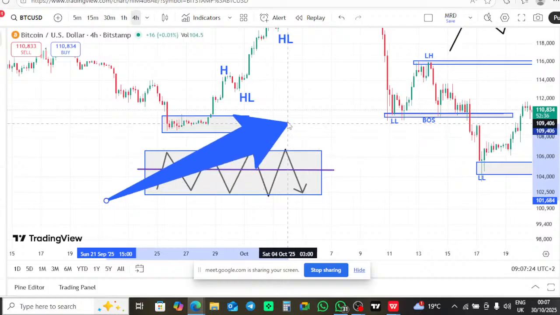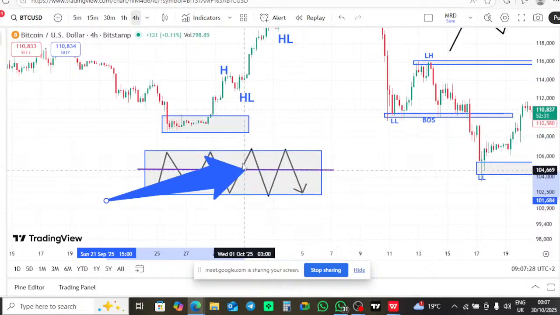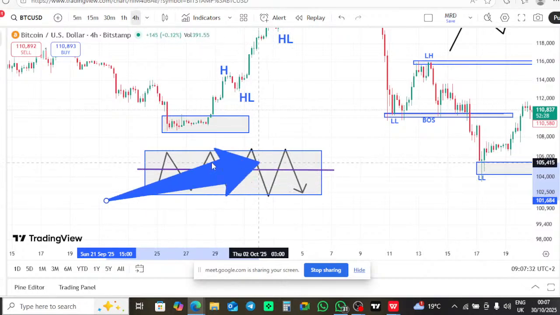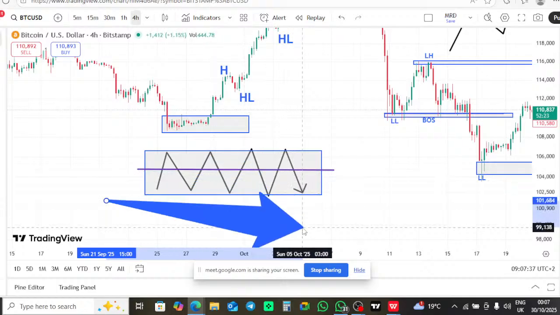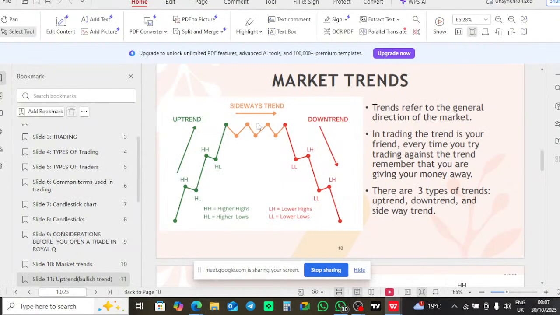After breaking out or down, there you confirm the trend. Here we are in just ranging sideways. Are we together? But after breaking out here, automatically it is going in a downtrend. Are we together? Now therefore, that is what you are seeing here. This is ranging, this is an uptrend, and here we have a downtrend.